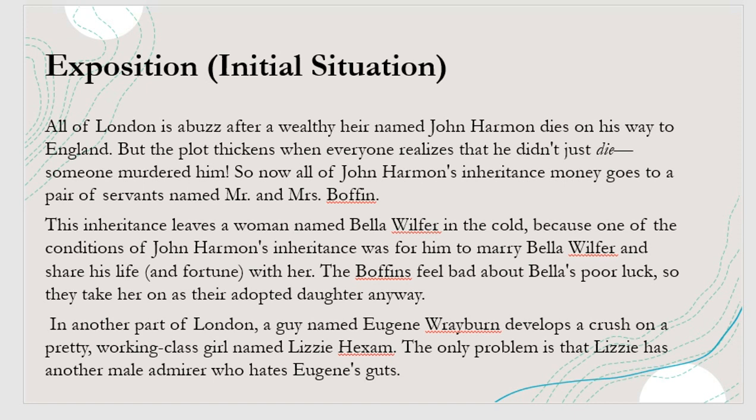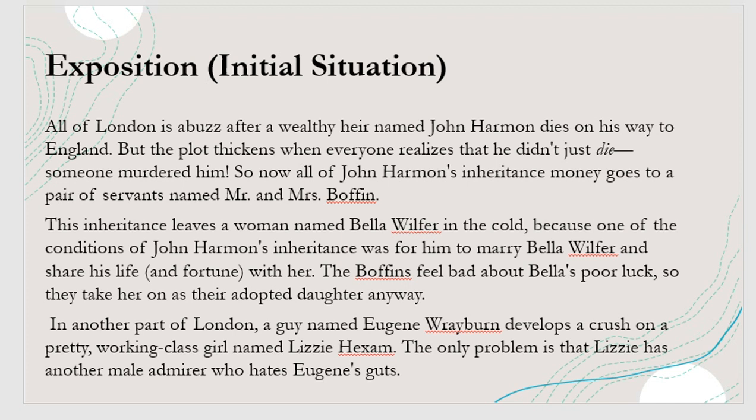The only problem is that Lizzie has another male admirer who hates Eugene. So when you have two men looking for one woman or one girl, a lot of troubles will happen. So Lizzie at the end decided to marry Rayburn. That's how the exposition works, and we could find in book number 1 a lot of actions and chapters moved on